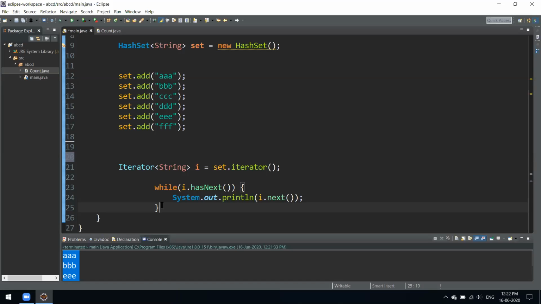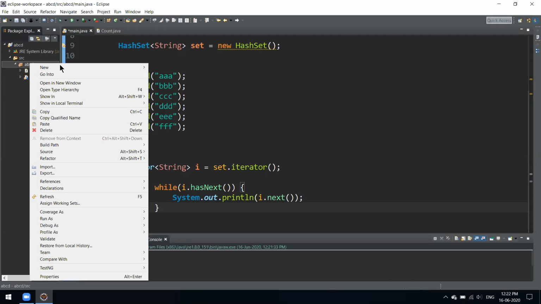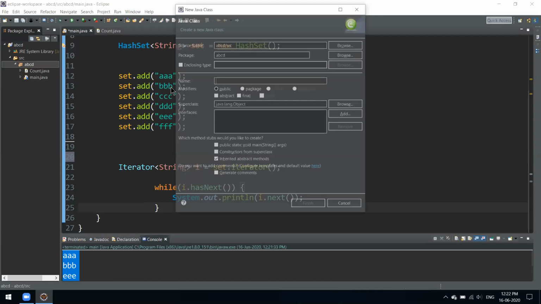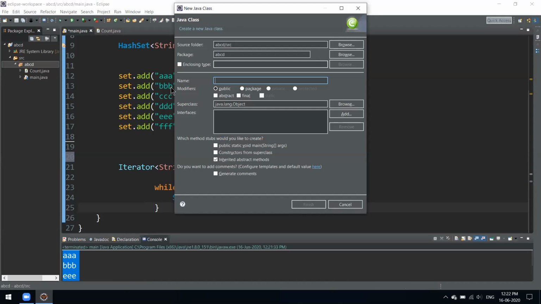I'll show you multiple classes or multiple objects, whatever you call it. First, let's try something. How can we have a set of objects, not instances of different classes? Even if you have multiple instances of the same class, how can we do it? Let's see.